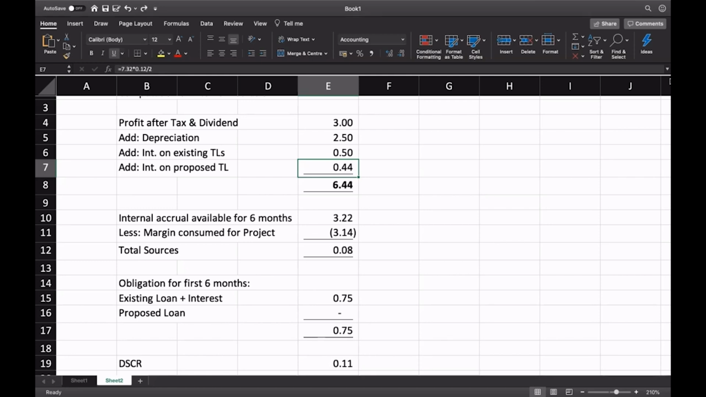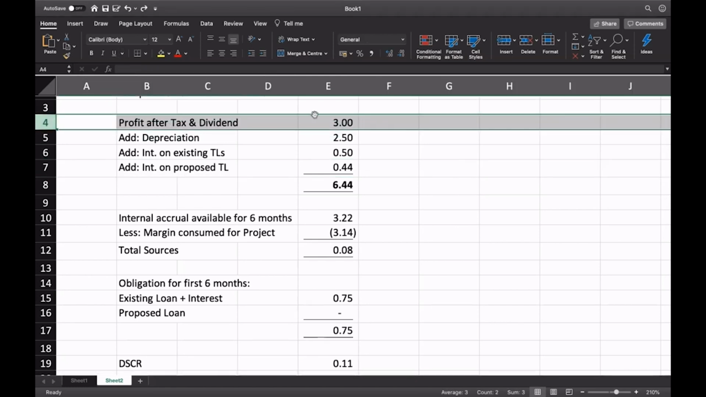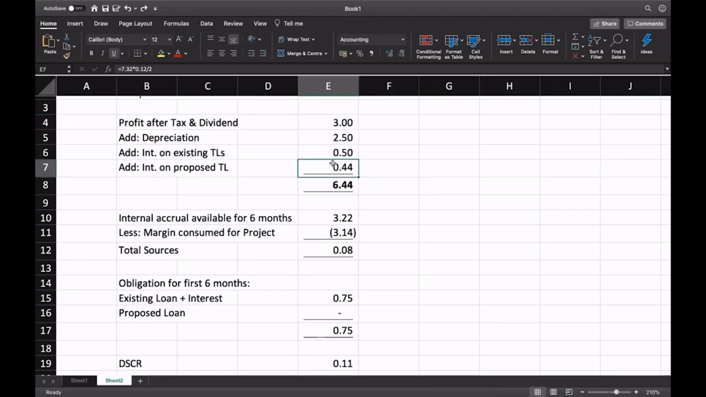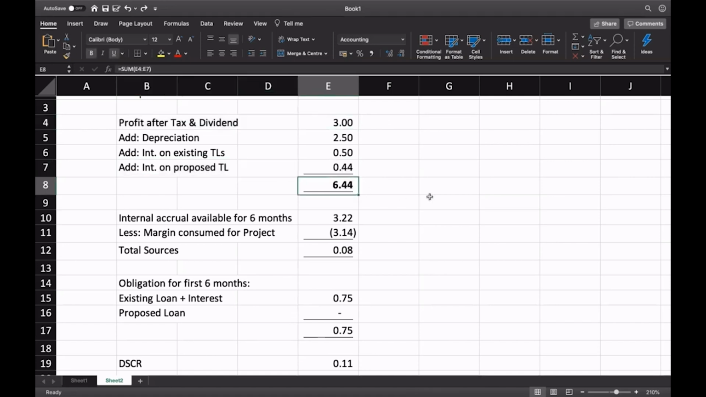But the reason why I have taken this interest on proposed term loan is that we started with profit after tax and dividend estimated for the year, that is for the full year. So in that process, the interest on existing term loan, and here if you notice this figure I have calculated like this, 7.32 into 12% divided by 2. It means I've taken only for 6 months. So this 6 months interest would have been deducted while arriving at this profit after tax, which ideally we should add back now. Okay, so it makes sense to add back. So 6.44 is the annual